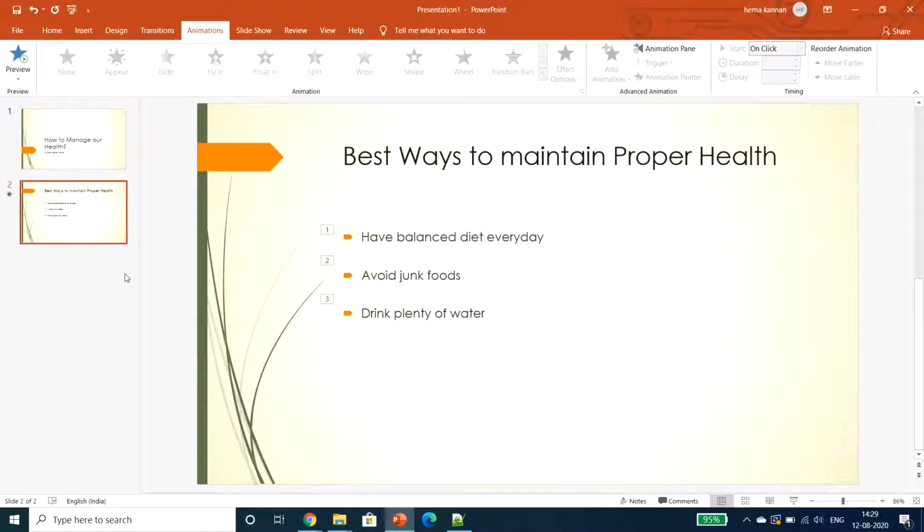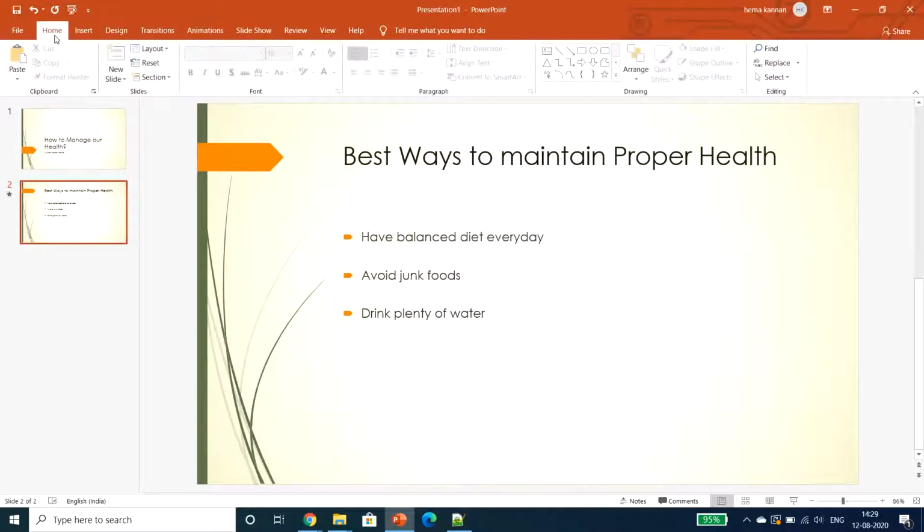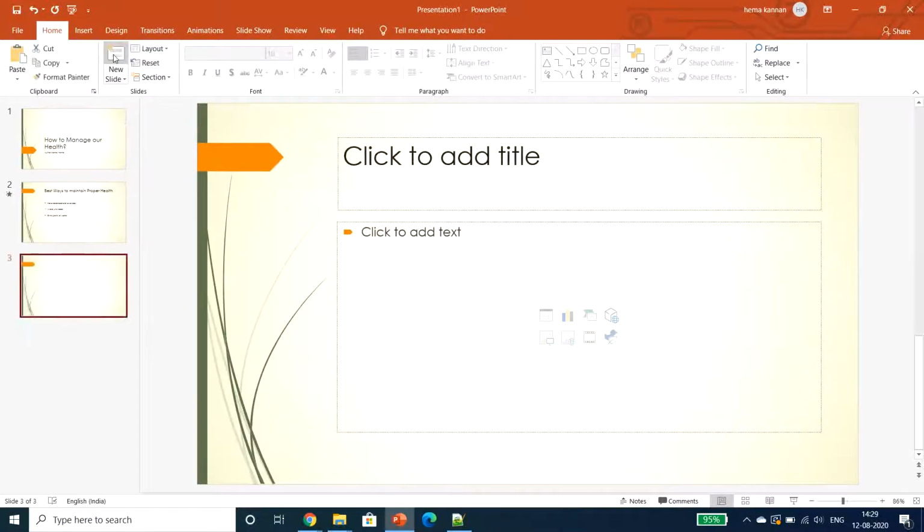And one more thing. Previously we added one new slide, right? For adding another new slide, the same thing, I can click New Slide. Once I click New Slide, this will be the default template for that particular design. So this will display with the default design.